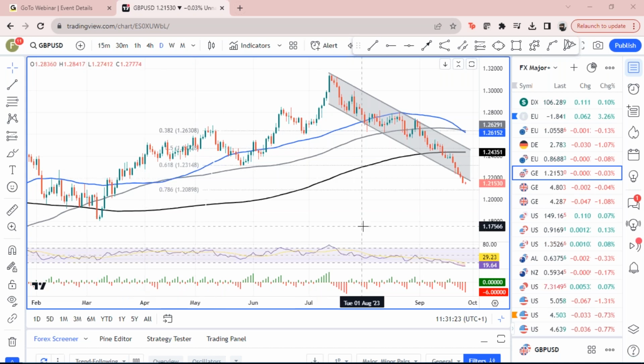Okay, for cable then, interesting. We pointed out this descending bear channel, a series of lower lows and lower highs over the last few months since that July high above 131. We're now down below 122, but interestingly, kind of outside this bearish channel. We've dipped outside it before and consolidated before dropping lower. You can see the RSI is deeply oversold as well.